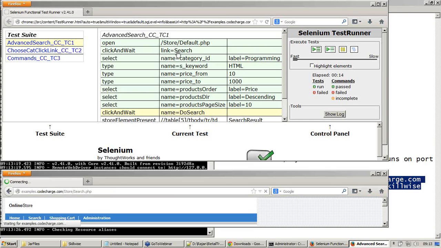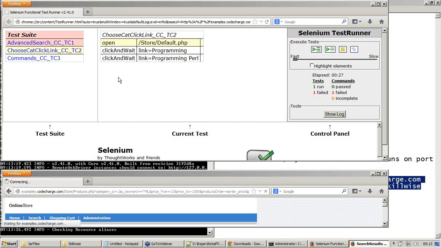Test runner is the one which you are seeing right now. It displays you the current status of all the scripts, and the bottom one is where your scripts are actually executed. Watch the screen and you can understand it clearly. The top one is test runner, the below one is where our commands are being executed.